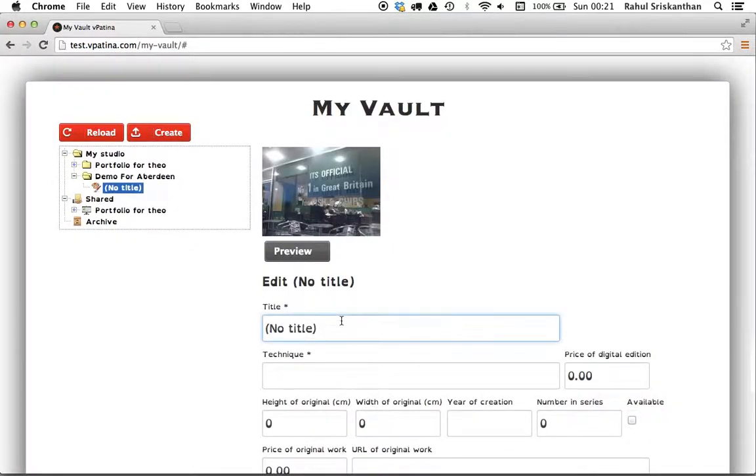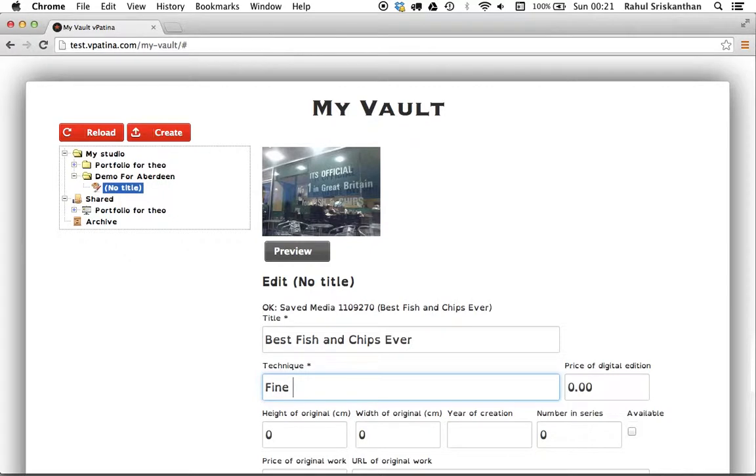So let's start with the title, Best Fish and Chips Ever. The technique, fine art photography. The price, this is the price of the digital edition if someone wants to download a digital image. We'll call that €5. In terms of the height and width of the original, we printed it 60 centimeters